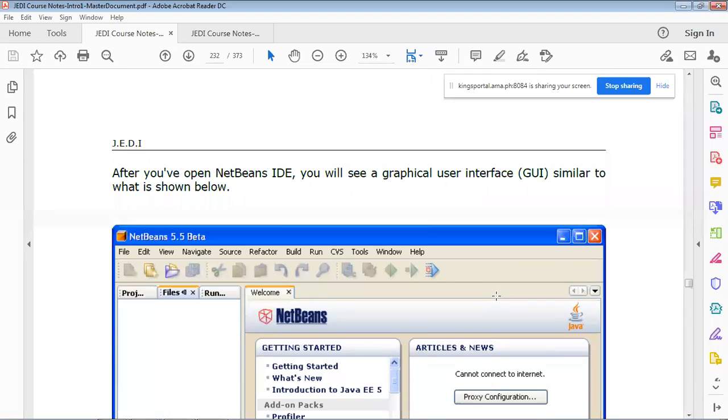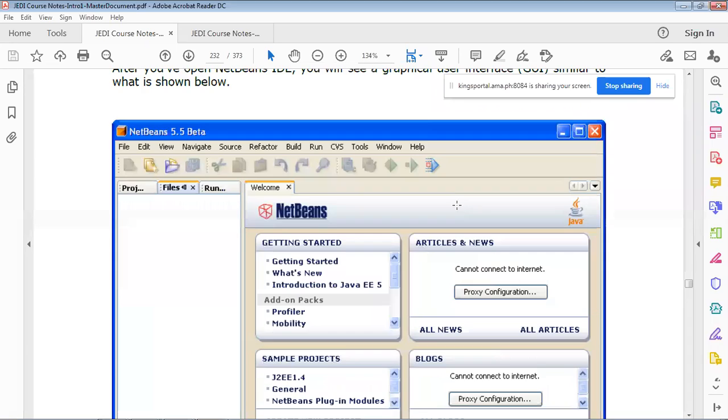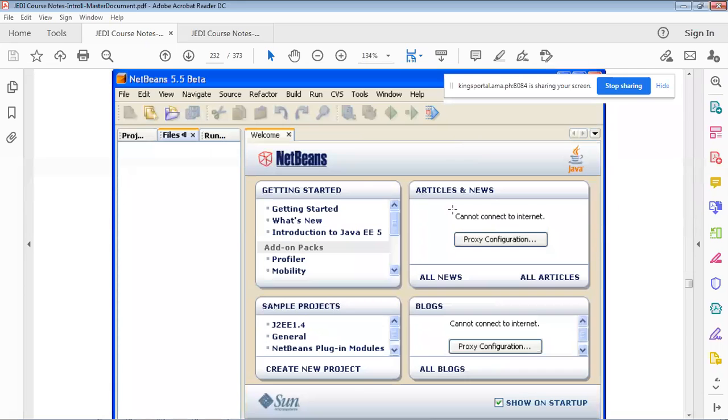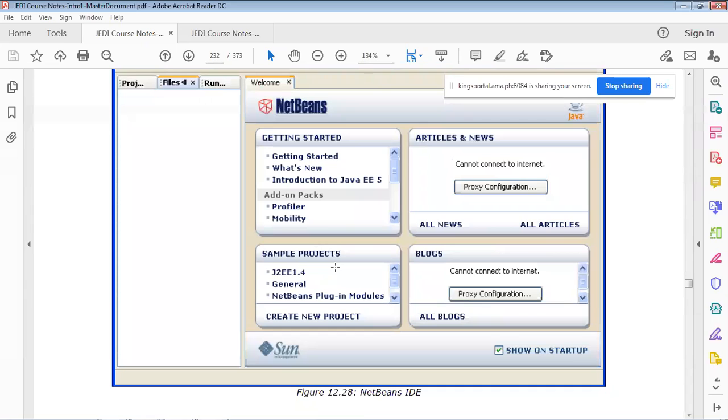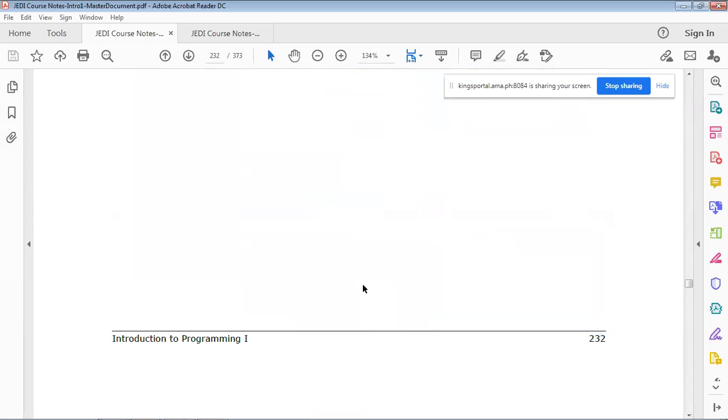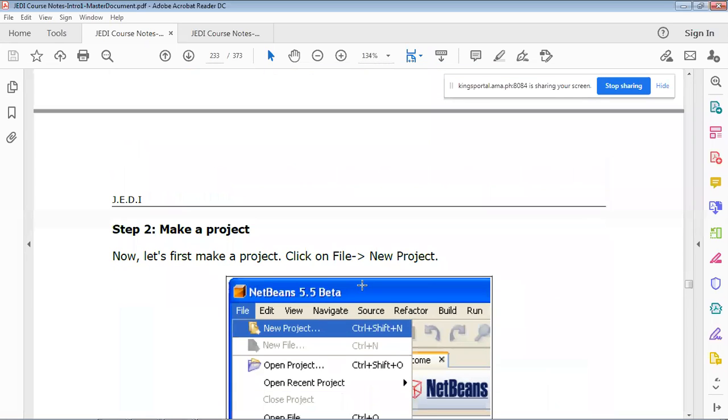After you have opened NetBeans, you will see a graphical user interface, which is the GUI, the NetBeans IDE.